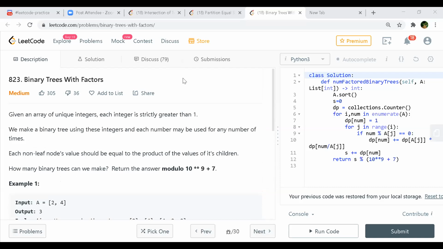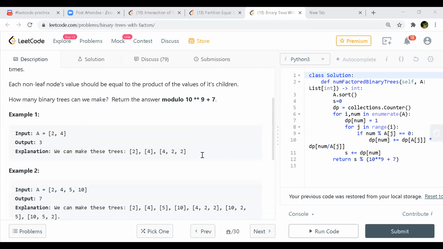The property they have given is that the product of the values of the children will be the root, right? So one thing that clicks to me here is that the root will always have a value more than the leaves, right? Yeah, so it will always be greater than the leaves.